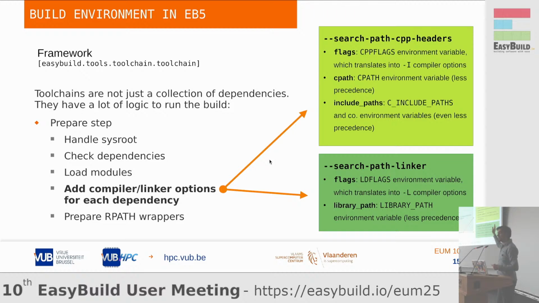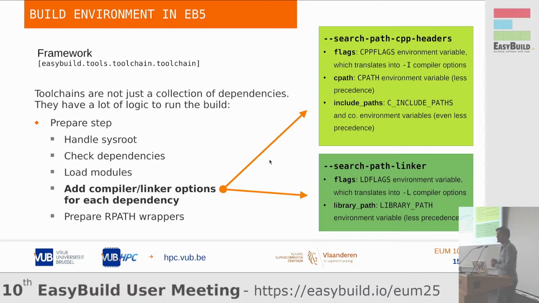So in 5, we added these two options that allow you to actually use other methods that have less precedence than just passing flags into the compiler. One is search paths is CPP headers, which allows you to replace the CPP flags option with CPATH or the C include paths. Each one has less and less precedence, and it's your choice to decide which one is the best for the software being installed. And the same for the linker. Instead of using LD flags, now this option allows you to use LIBRARY_PATH, which is an environment variable that has less precedence than the capital L options in the linker. And by default, EasyBuild will continue to use the flags. You can choose to change that